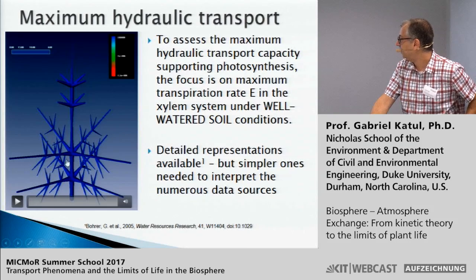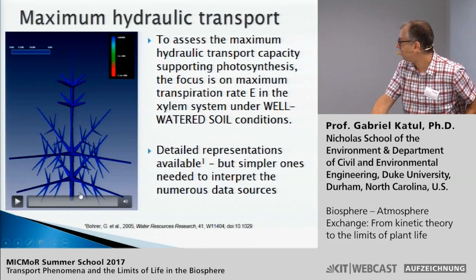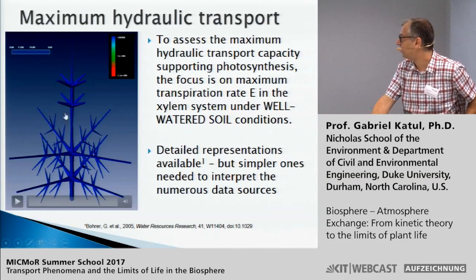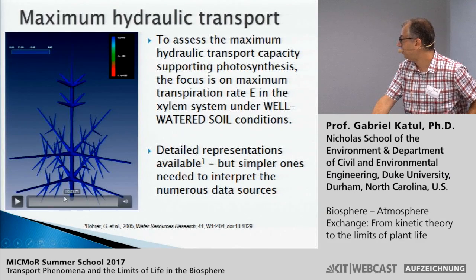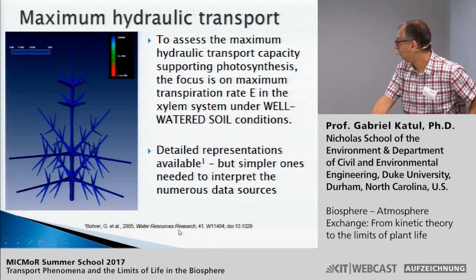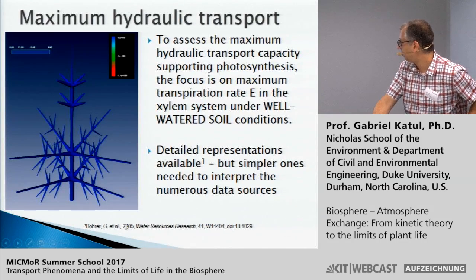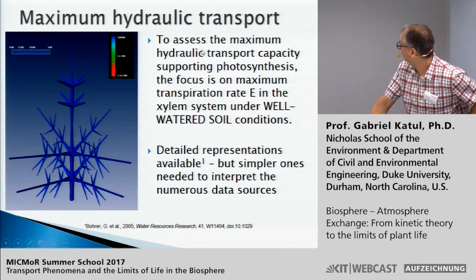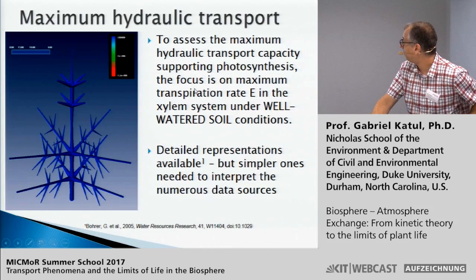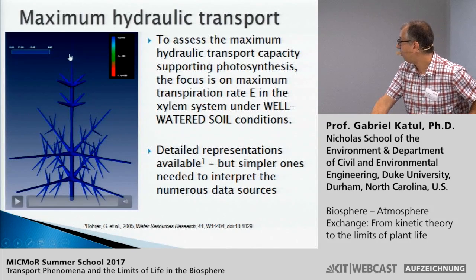Okay, so now if we put the most detailed approach that we could put in terms of modeling water movement in the trees, based on whatever we know about the cavitation curves or the vulnerability curves, and how they might vary with scale, put a realistic radiative forcing on the tree, have a fractal tree so there is some branching and so forth, and assume that the pressure in the roots is close to zero, and so therefore the pressure in the plant is going to drive everything. And these are simulations done by Gil Bohrer, and the model is published in Water Resources Research in 2005. Gil did this as part of his watershed hydrology project for my course. And basically the goal was to try to assess what would be the maximum hydraulic carrying capacity that can support photosynthesis under well-watered conditions.